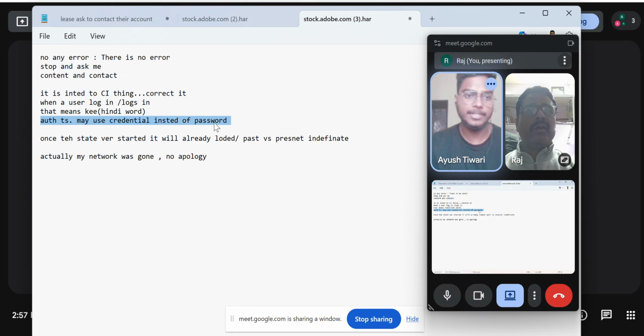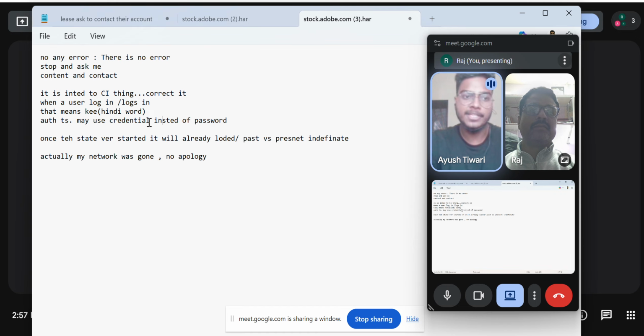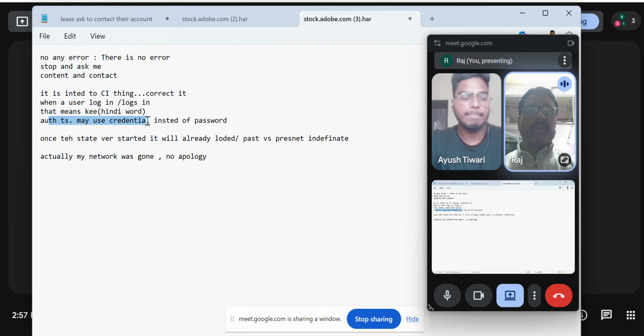Credential is perfect instead of password actually. तो मुझे ये लगा कि हो सकता है यूज़र नेम भी हो, मुझे पासवर्ड दिखा वहाँ पे, तो मैं सिर्फ पासवर्ड पे ही रुका रहा। Auth.ts uses credential because credential also contains user name, अच्छा sorry, user email. अच्छा। अच्छा, So credential would be better word, I guess. Yes. हाँ, तो मुझे यही लगा कि शायद ये बेटर ज़्यादा सूटेड हो उस जगह पे, ठीक है, इंस्टेड ऑफ पासवर्ड।